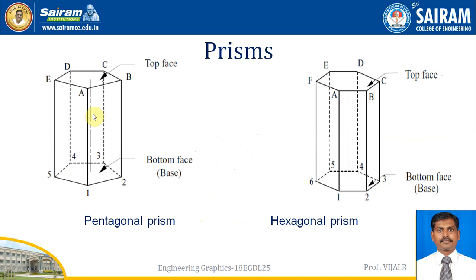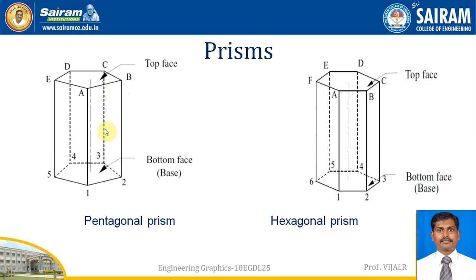In the next slide, the prism is a pentagonal prism. It consists of two faces of pentagonal shape, and all the edges are connected with rectangular faces. We can see a visible edge, from here we can see these vertical lines, so that A1 and B2 are visible, shown as thin continuous lines, and the edges which are not visible directly in the view, we draw as hidden edges.